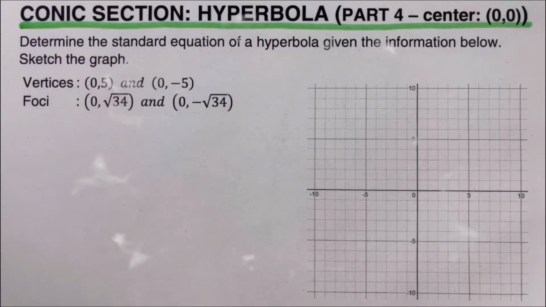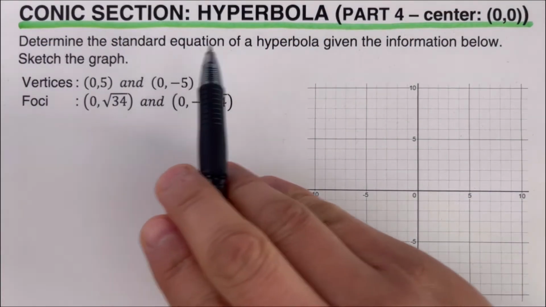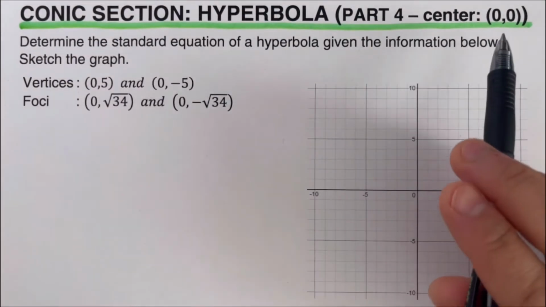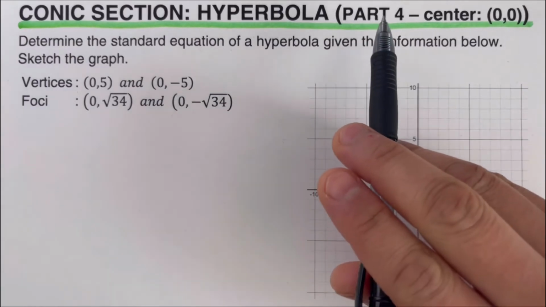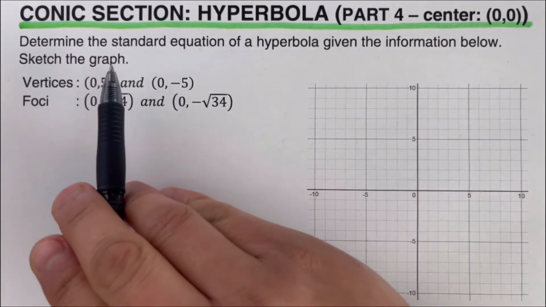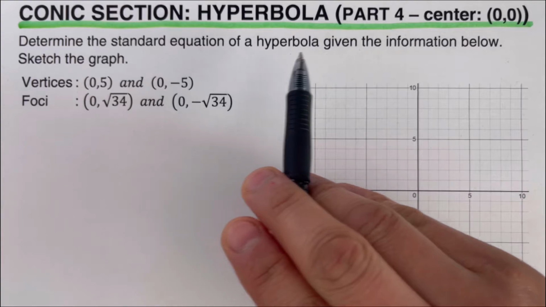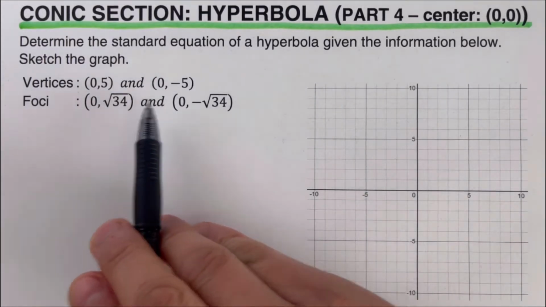Hello everyone. This video will focus on conic sections, specifically on hyperbola with center at (0, 0) or at the point of origin. And this is the fourth part. In this part, we're supposed to determine the standard equation of the hyperbola given the two vertices and the two